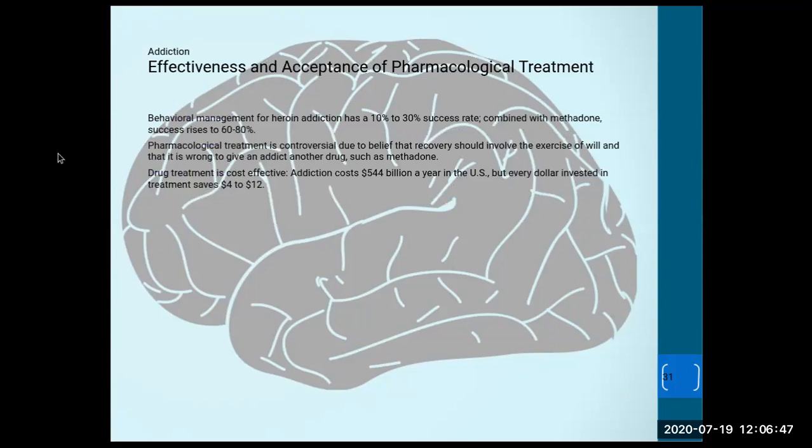So looking at the effectiveness of pharmacological treatment, not only is it not as effective as we would hope it would be, but of course it's controversial because people are taking drugs in the first place and then you're giving them drugs. There was a huge to-do, before I go over this slide in its complexity or in its completion, what am I saying,